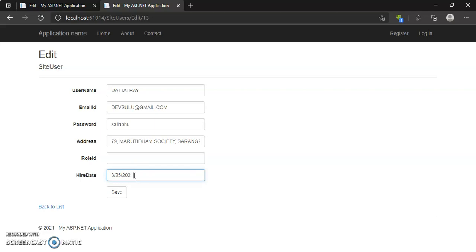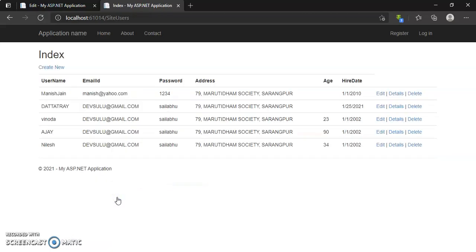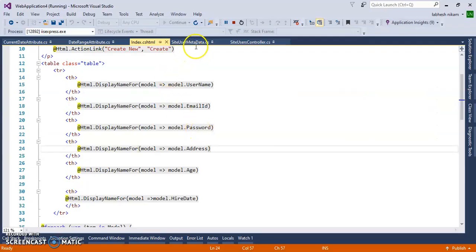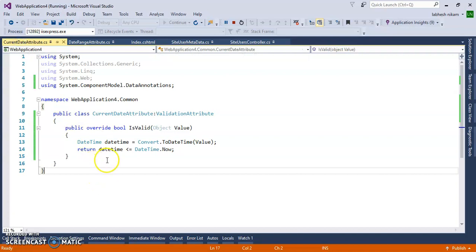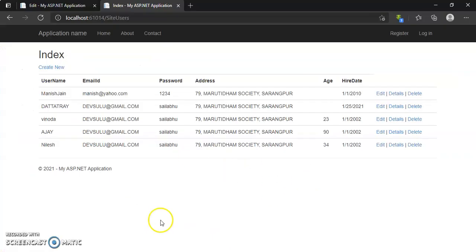This is February and I have passed March. Let's check it; it will give us an error. But if I pass less than February, meaning January, then it will pass, because we have provided in the class that the return is dateTime less than or equal to DateTime.Now. Whatever date you pass that is less than today's date, it will accept, otherwise it will reject. So the condition is now satisfied.